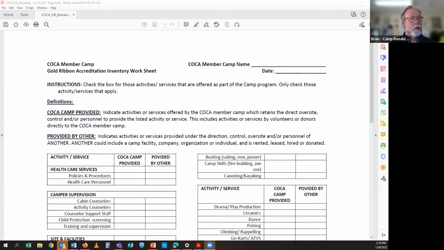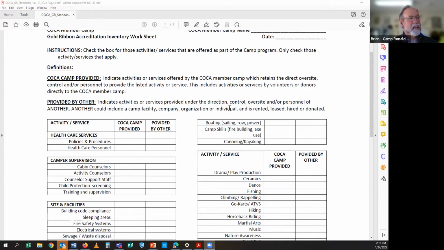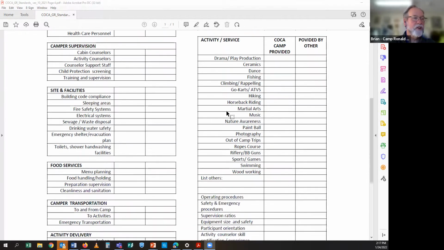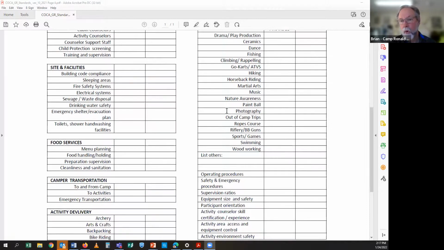there's a document in there for you to go through and look at that is really talking about what the camp provides. What's provided by others? And that could be a facility. That can be somebody who comes in and does a climbing program for you. So this is just a checklist to say, okay, what does the camp provide? What does somebody else provide? Just for you to get an idea of what you control and what you don't